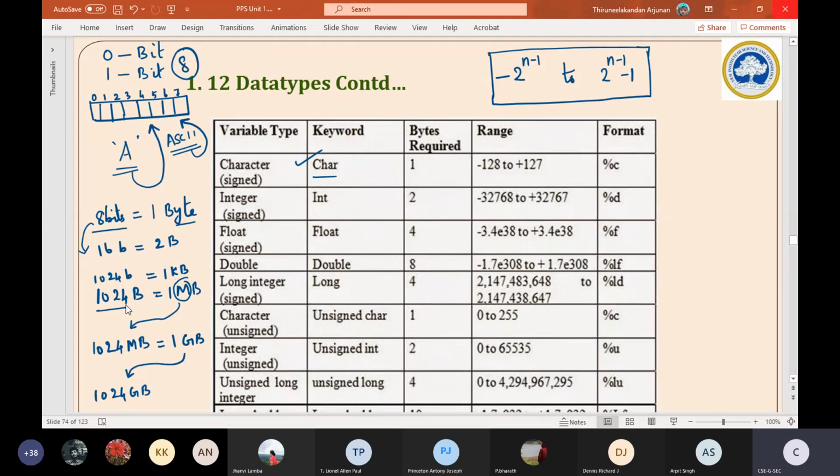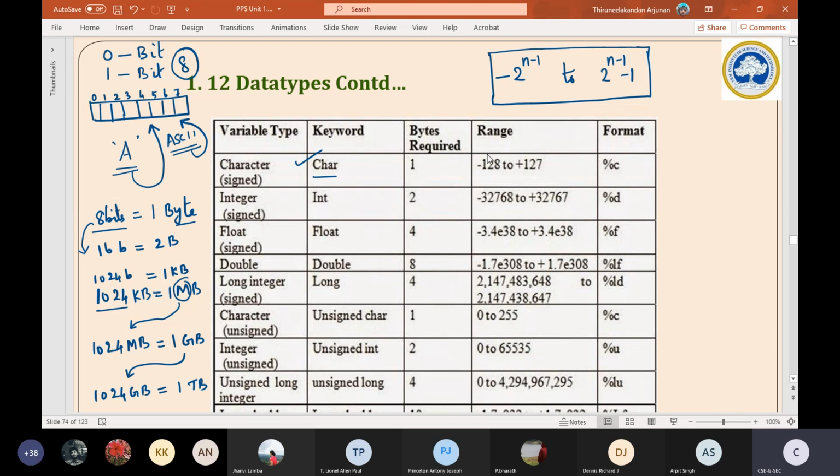Then from the kilobyte you multiply by 1024 kilobytes, it will give you 1 megabyte, and 1024 megabytes will give 1 gigabyte. 1024 gigabytes will give 1 terabyte. As of now, hard disk capacity has reached up to terabytes. Hereafter, petabyte, zettabyte, yottabyte, like that, many things are coming. So we will stop up to here now.